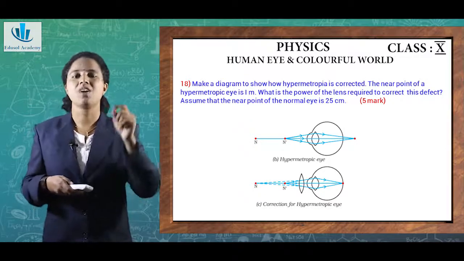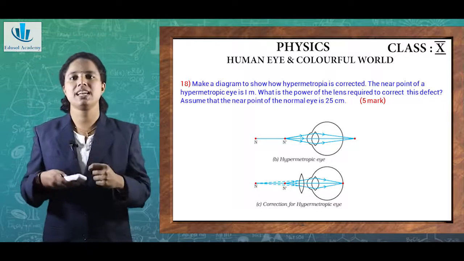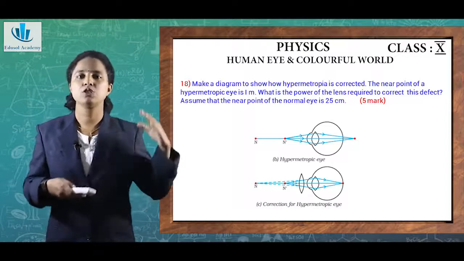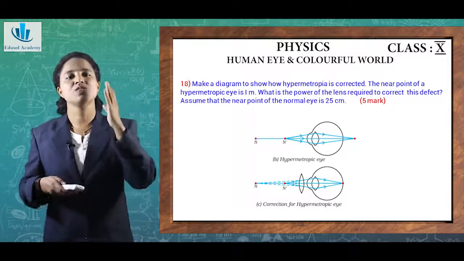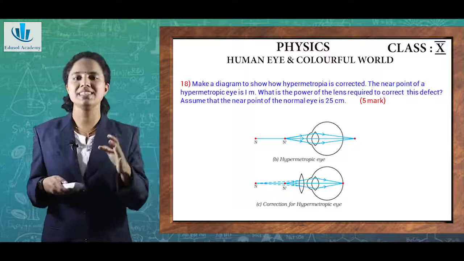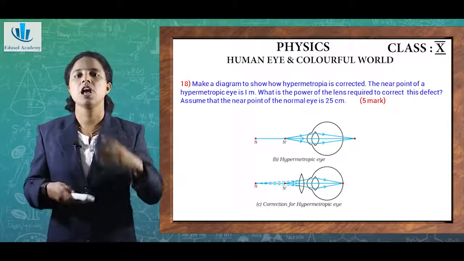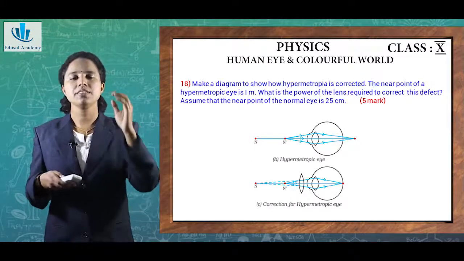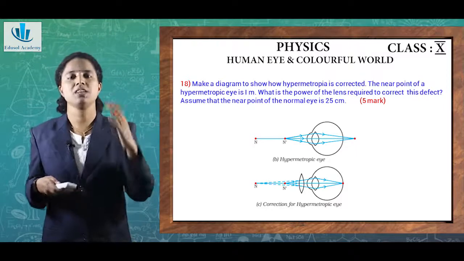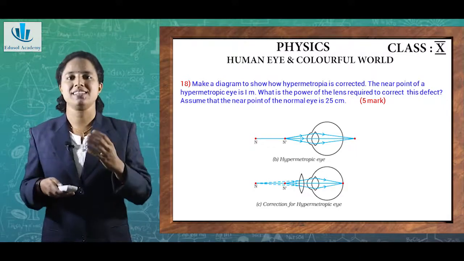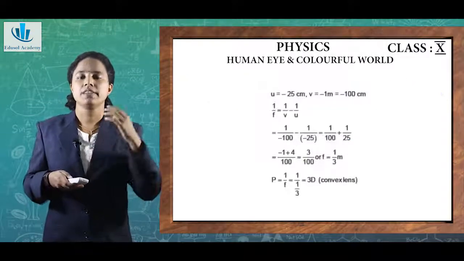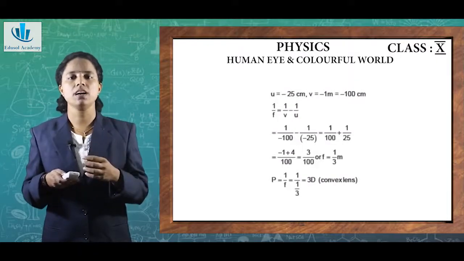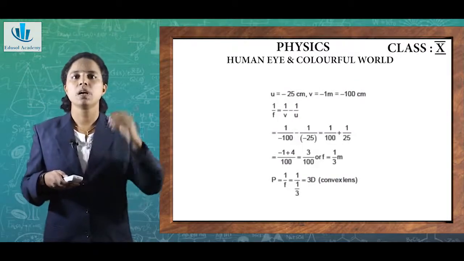We know that a convex lens is a converging lens and it will be able to bring back the image correctly to the retina itself. And thus, the hypermetropic person will be able to see the nearby objects more clearly by the use of a convex lens. So, the second part of the question is regarding a problem, that is,